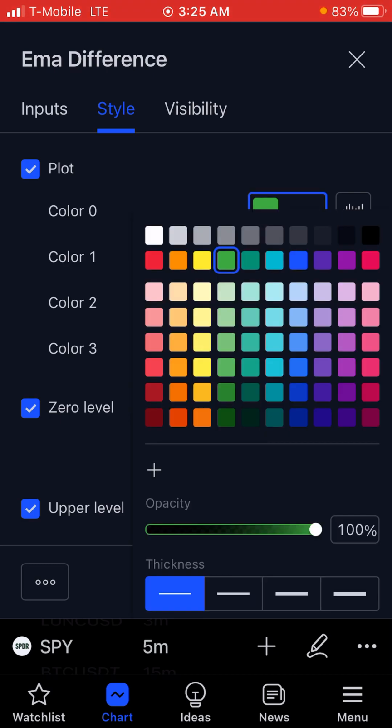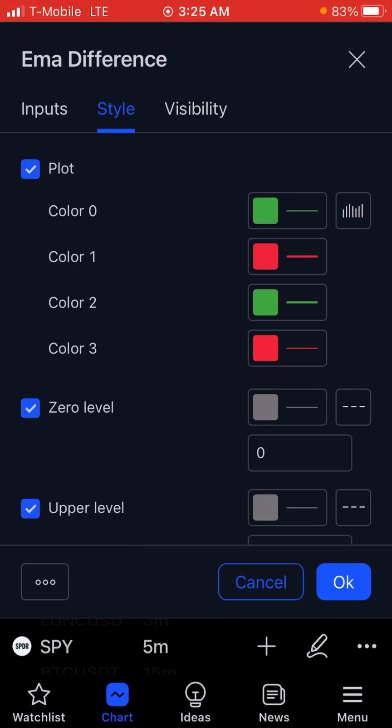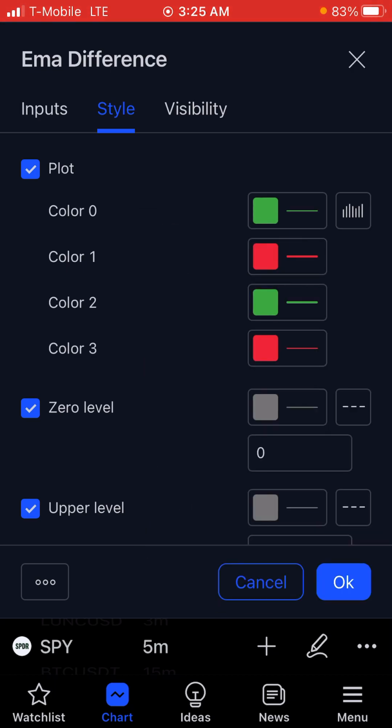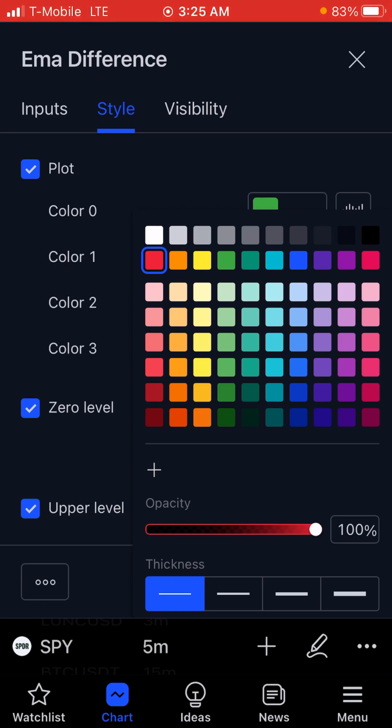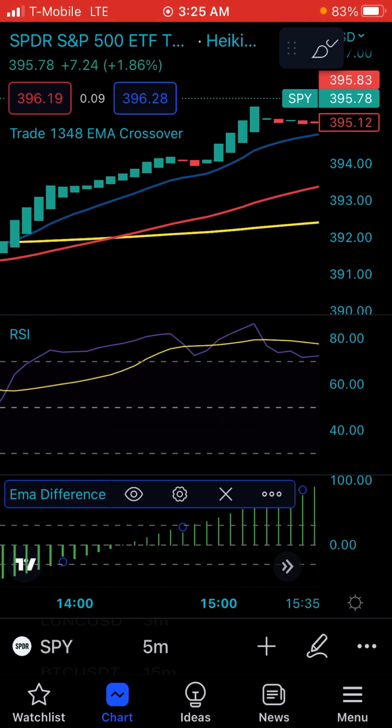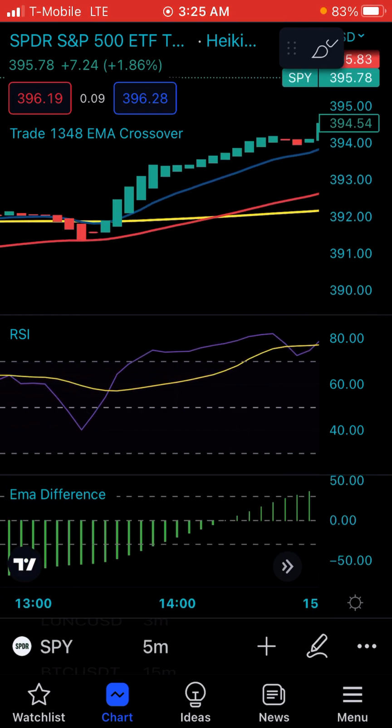For the first one here, you want to have the thickness down there. The second, the first red, you want to make the thickness one level up. And the second green, you want the thickness one level up. And then the second red, you just want your thickness down there on the bottom. So it will look like this on the bottom. This will look good